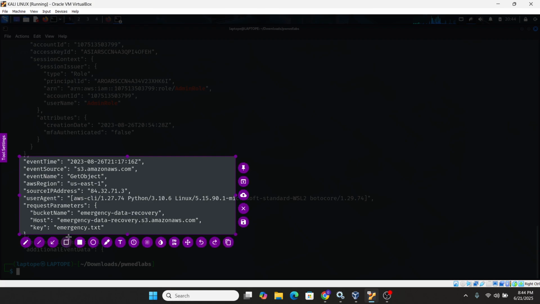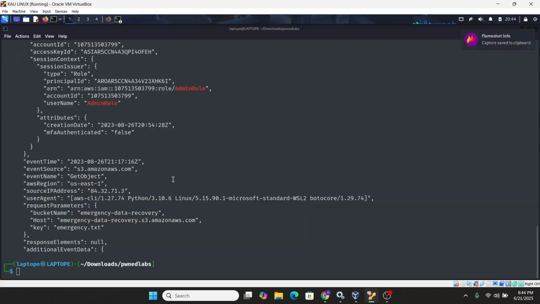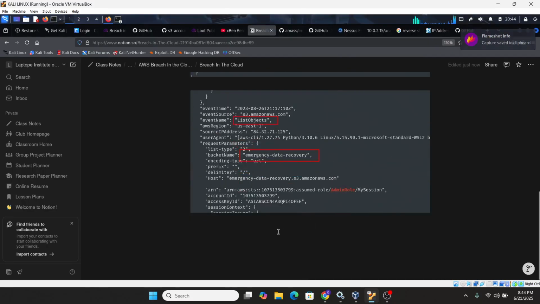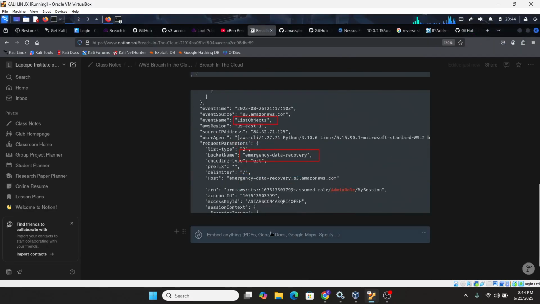Then highlight, user got object, the name of the bucket, emergency data recovery, and the name of the object that was exfiltrated, emergency.txt. Control C. Then we'll paste our file here.